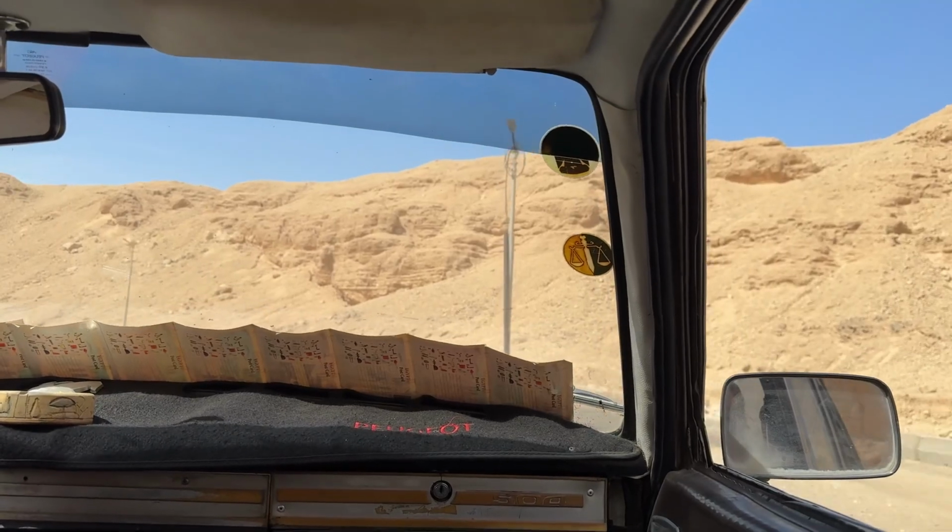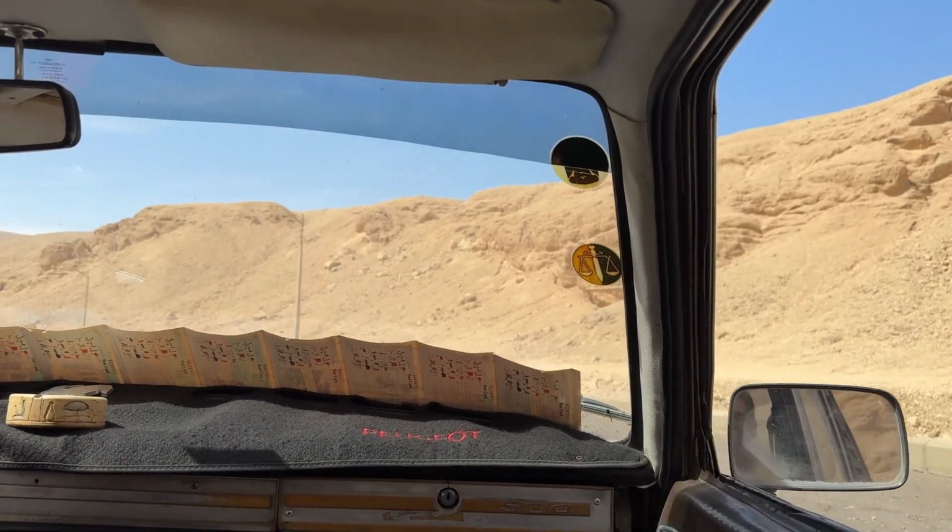We've made it to the Valley of the Kings. We got here by taxi from our hostel. The owner arranged it for us and we're now exploring the Valley of the Kings, as I just said. We got the general ticket, which gives you access to 3 tombs, and then you can buy add-on tickets as